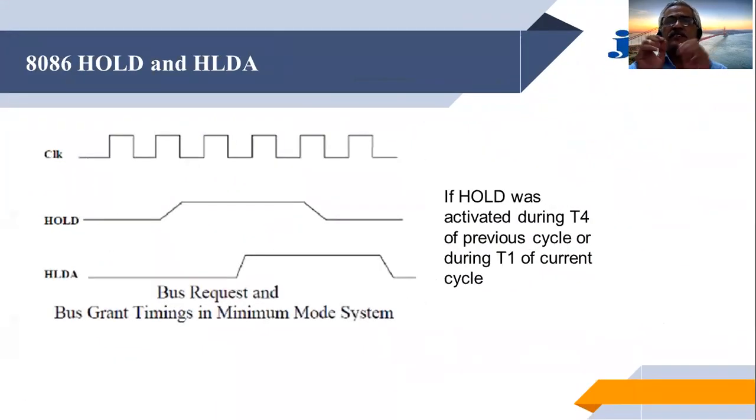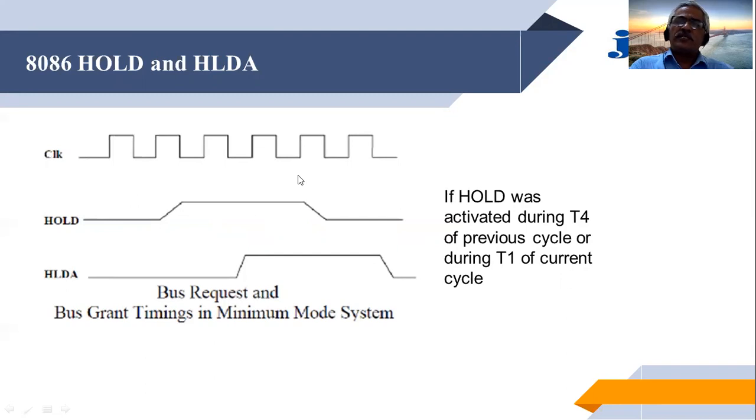Now let's discuss the different bus cycles. We will be discussing the read and the write cycle, and here in front of you we have the hold and the HLDA cycle. These are the clock pulses, where each single clock pulse is nothing but a T state. So I have this T state T1, starting from this to this we have a T2 state, then T3 state, then it requires a wait state, and then the T4 state.